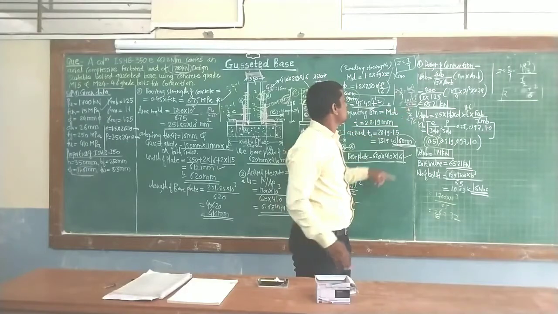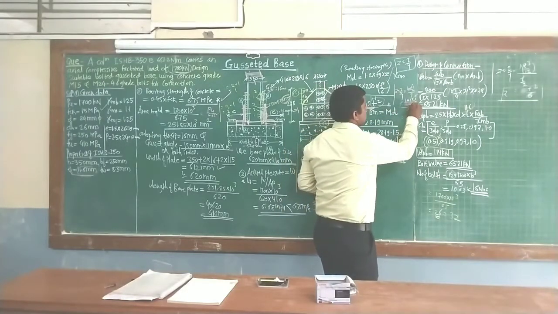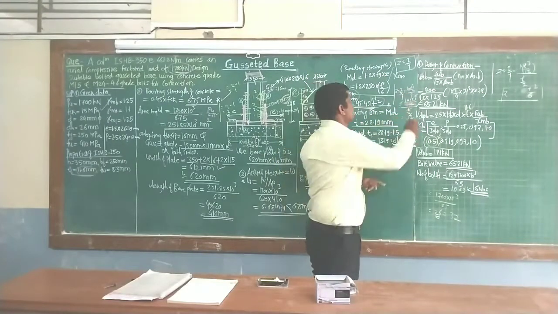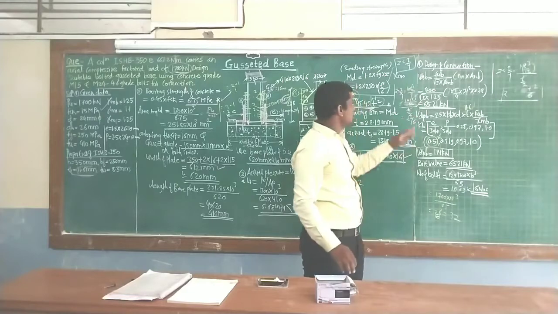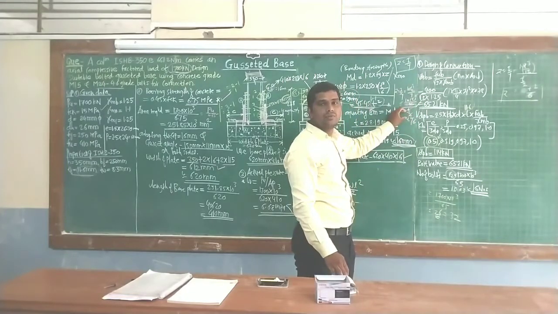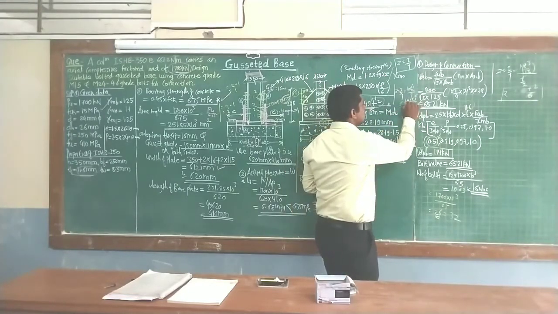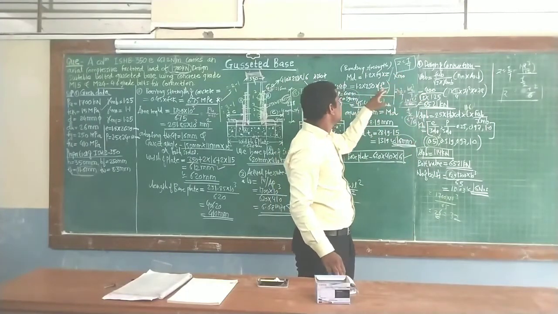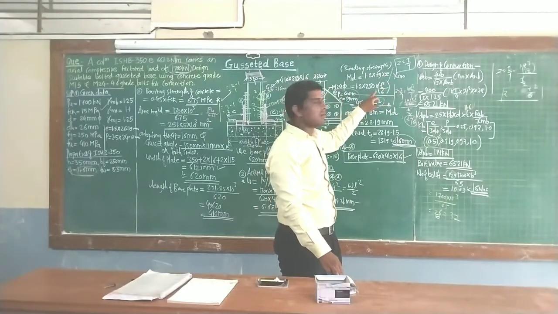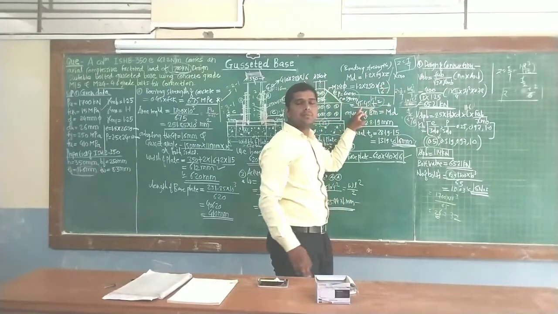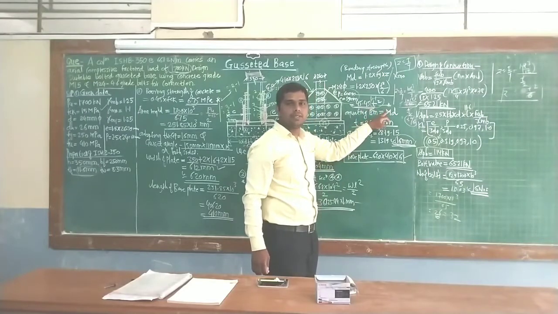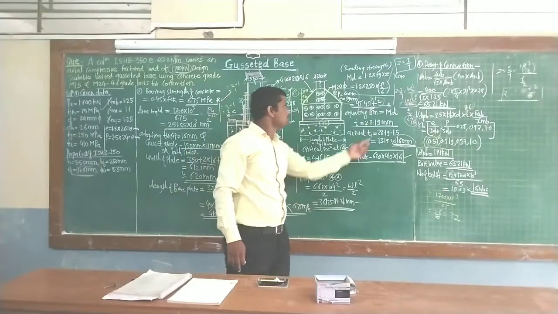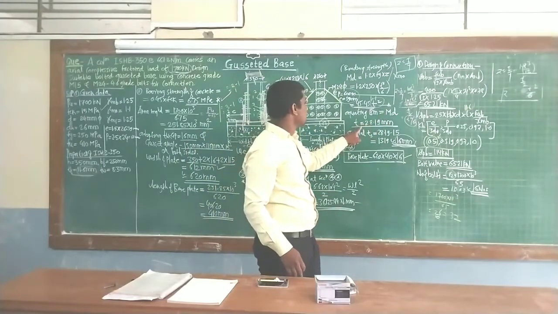So here BD cube by 12 divided by centroid distance, which is half the thickness, so T by 2. The answer will be T square by 6. So after putting the value of the section modulus T square by 6, the answer will be 45.45 times T square. By equating the bending moment value to this bending strength,